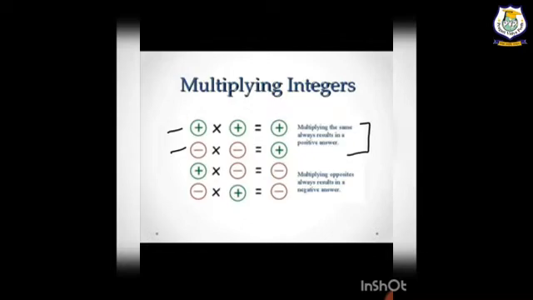It means when we are multiplying any two integers which have the same sign, then the answer will always come with the positive sign. Right, now we will come to our next two, in which both numbers have different signs. In the third one, the first has the plus sign and the second has the negative sign, then the answer we are getting is with the negative sign. And in the fourth one, the first is negative and the second is positive, then again the answer we are getting is with the negative sign. So what you understand here is that if we have two numbers with opposite signs, then we always get the answer with the negative sign.